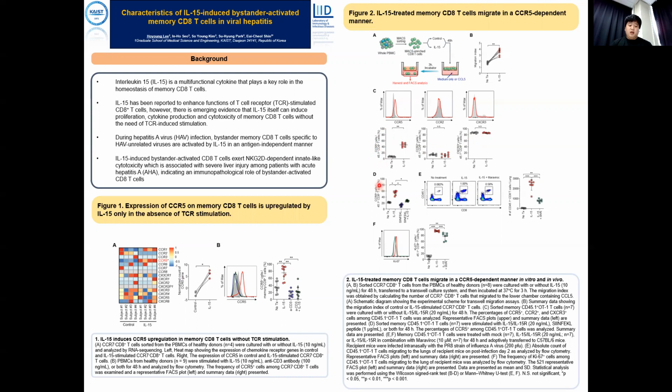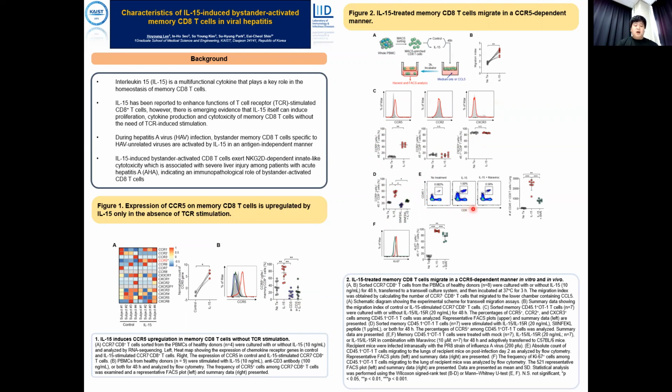and a pattern similar to TCR stimulation that I described in the previous figure, stimulating OT1 T cells with OT1 cognate peptide called SIINFEKL significantly abrogated IL-15-induced expression of CCR5. Next, we performed an in vivo migration assay by introducing PR8 infection in mice that received OT1 T cells that are stimulated in vitro with IL-15.